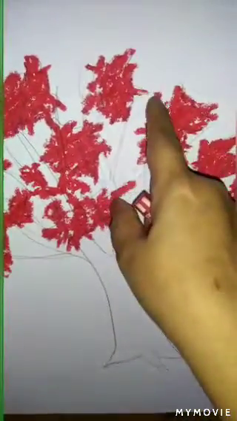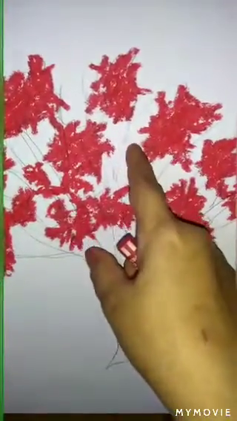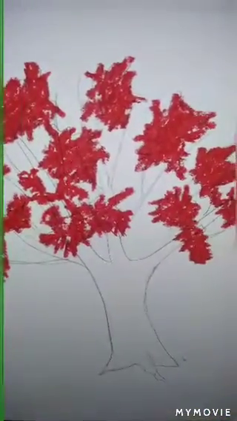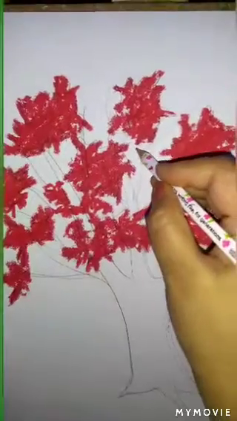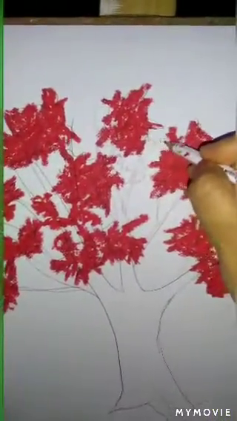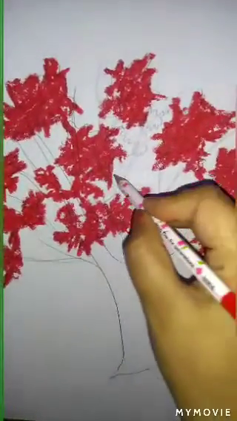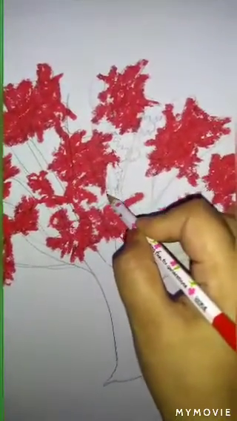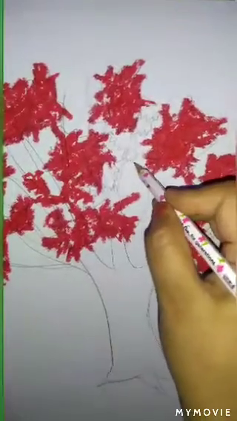Okay, and now we are going to make a few more shapes. It is the same as we did earlier, but they are smaller in size. Now I am going to draw the shapes just as we did before, mostly along the flowers or these red shapes.